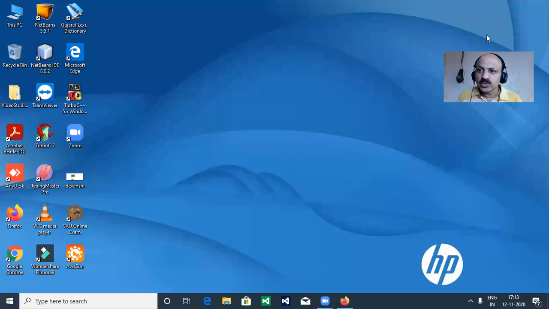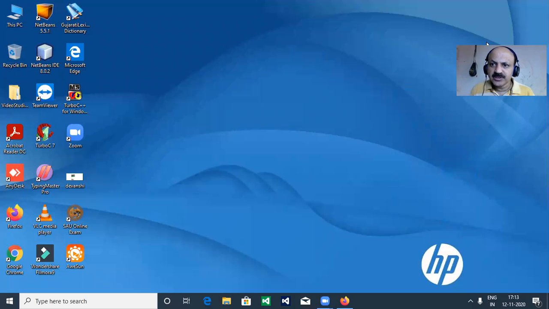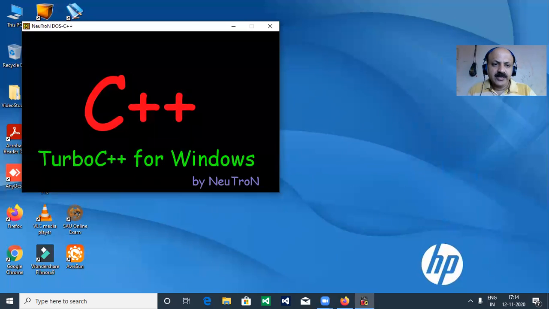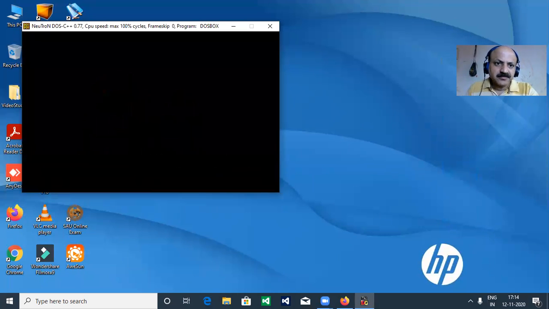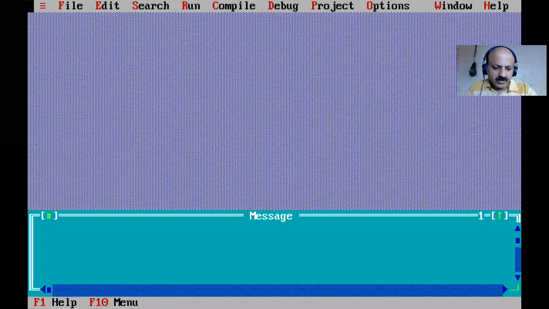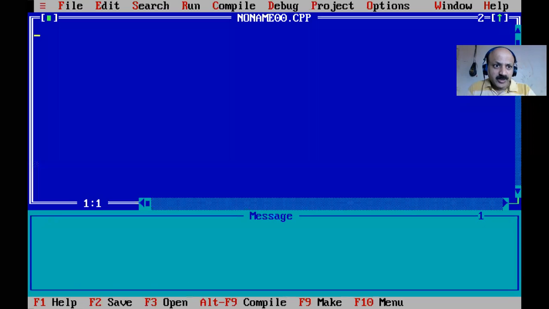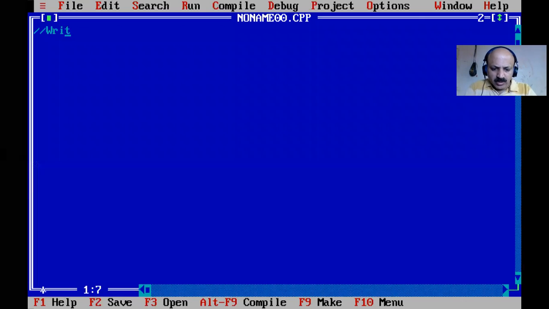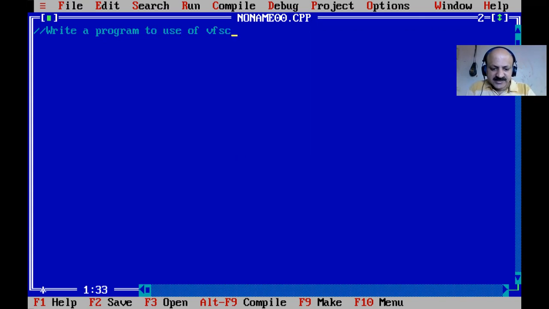In this session, we learn the vfscanf function in C language. First, I share my laptop screen and fix the position here so you can watch my video lecture better. Here, Turbo C++, I double click and take some process, and now it is open. So Alt F file menu and taking new file, and here our goal is to write a program to use vfscanf,